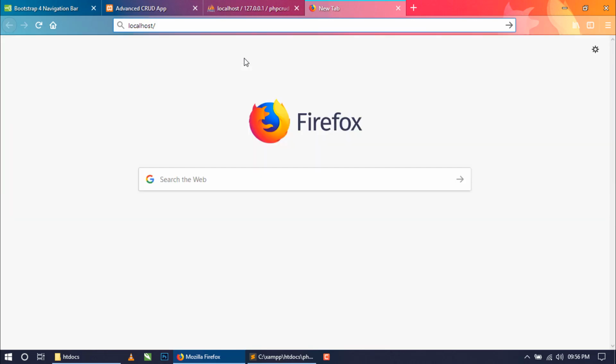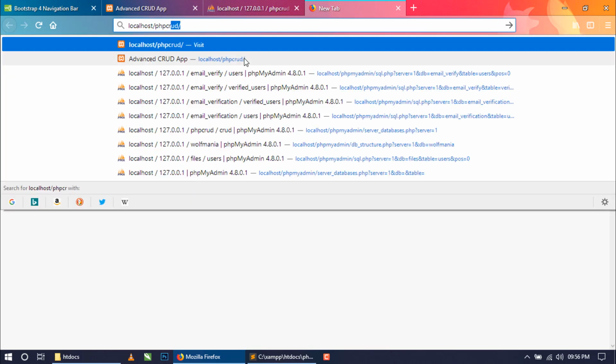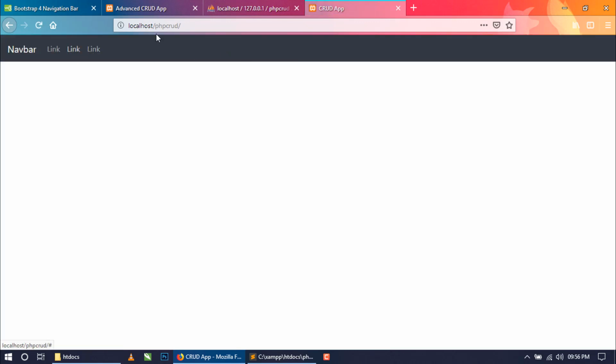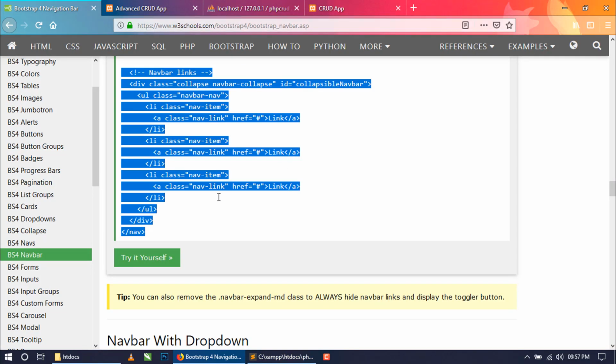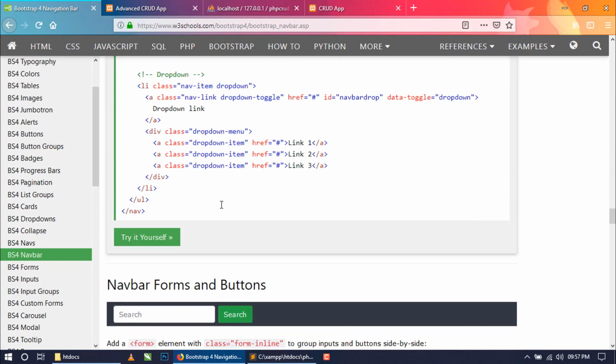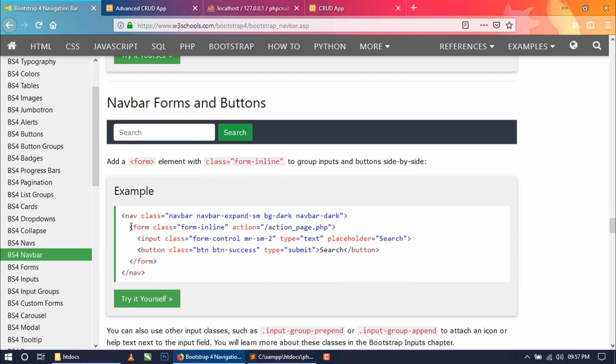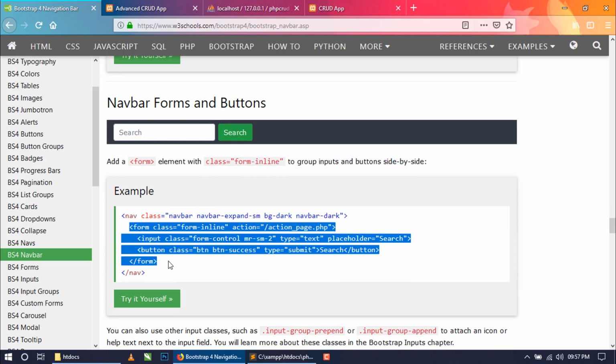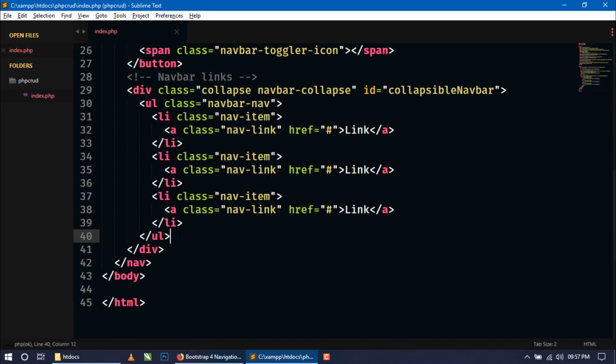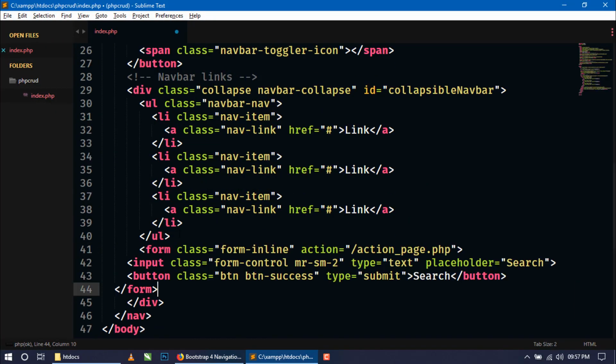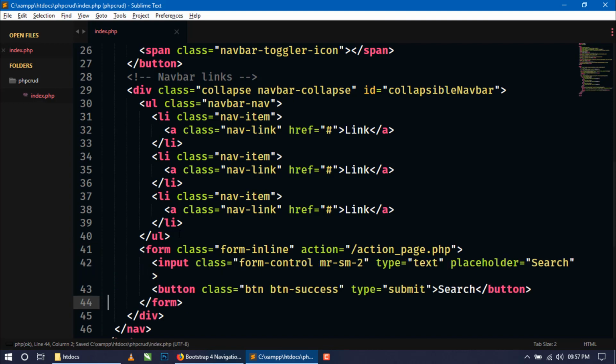And now just check this, PHP CRUD. Now the Navbar is looking good, but come to the w3schools.com again and go below. Now copy this form tag, form coding only, and paste inside the closing UL tag. Okay,